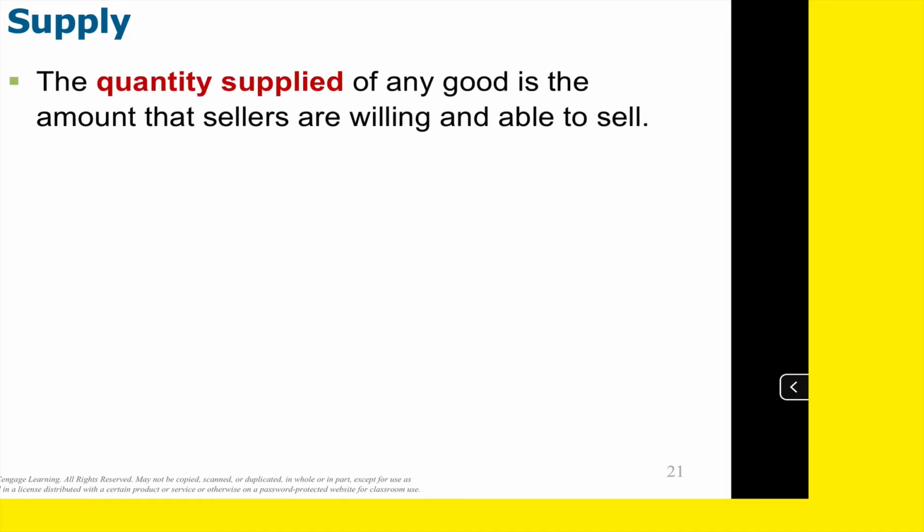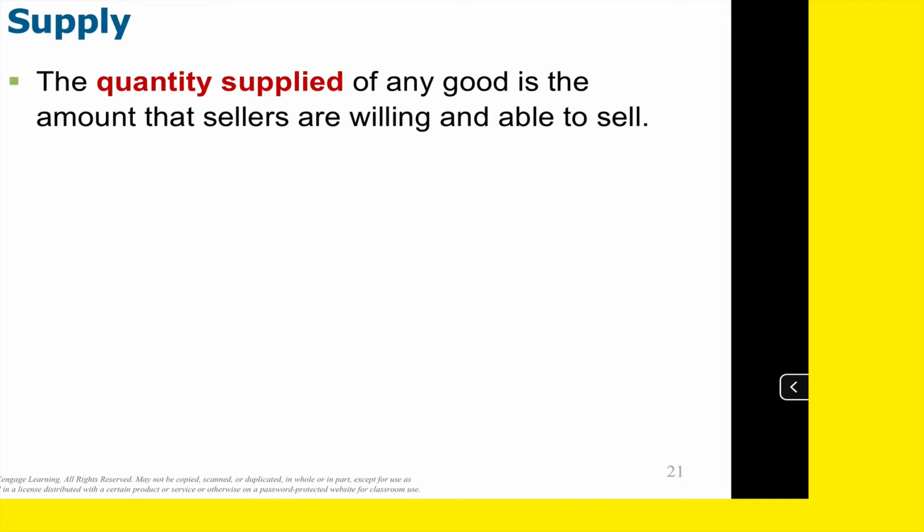Quantity supplied of a good is the quantity that suppliers are willing and able to sell. Remember, quantity demanded was willing and able to buy. We had the $20 bag of peanut M&Ms, right? How many bags of peanut M&Ms do you suppose M&M Mars Company would sell at $20 a bag? Not as much as they're selling. I did not ask that. What is the quantity supplied of M&M bags at $20? Lower.